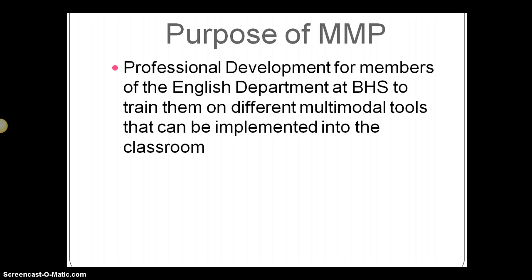So the purpose of my MMP was professional development for members of the English department at my high school to train them on different multimodal tools that can be implemented into the classroom. I really wanted something that I could hopefully implement next year as professional development as a way of teaching some of my colleagues more about the changing ways of literacy in an attempt to better understand our students and further engage them with reading.